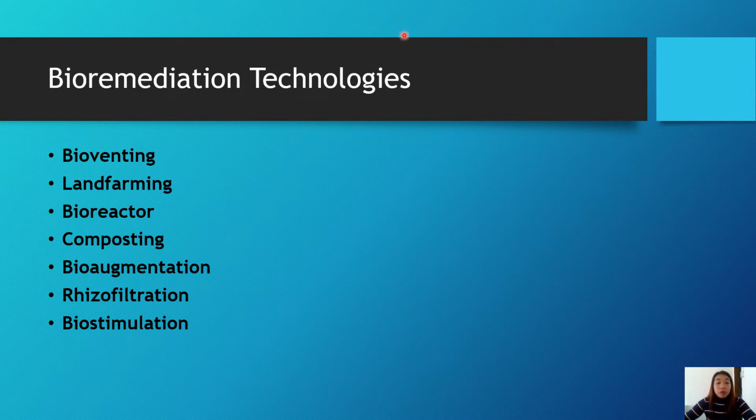We also have land farming. This is an ex situ process. This is a waste treatment process that is performed in the upper soil zone or in biotreatment cells. Contaminated soil, sediments, or sludges are transported to the land farming site, mixed into the soil surface, and periodically turned over to aerate the mixture.